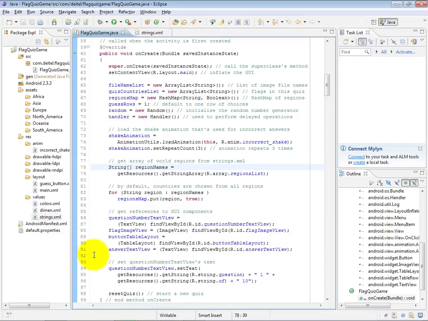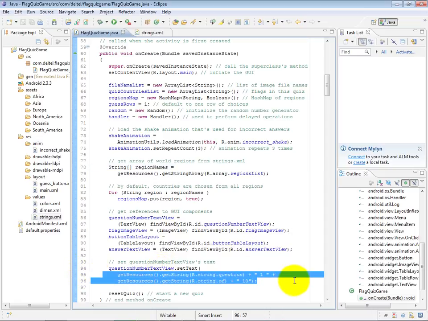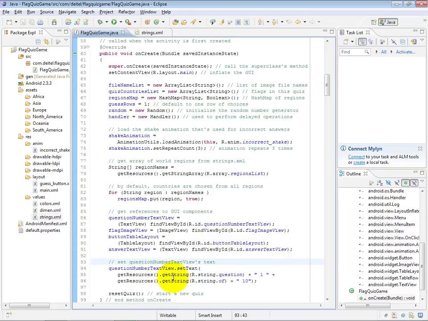Lines 86 through 91 just get references to the different GUI controls that we need to interact with programmatically, and for one of those, the question number text view, we go ahead and build a string that's going to get displayed with the setText method. Now you can see in each case that we get the resources object, then we get a string with a specific resource ID, in this case question and of, and we're adding the strings 1 and 10 into the string